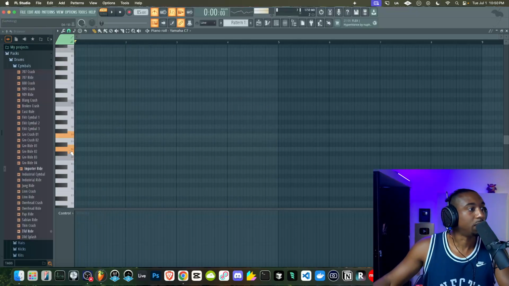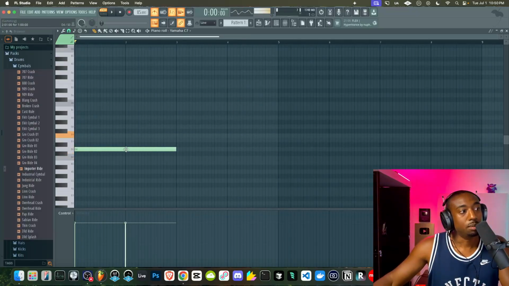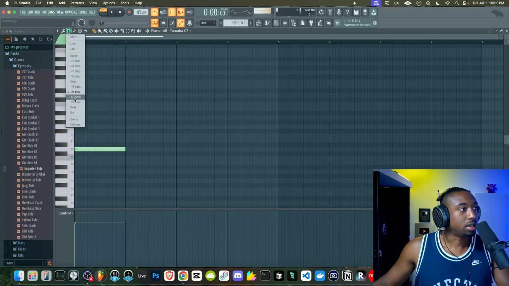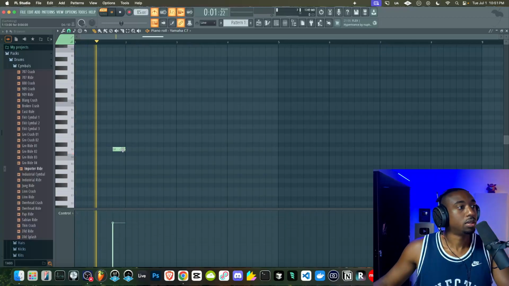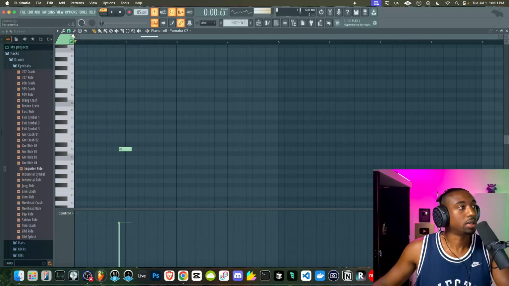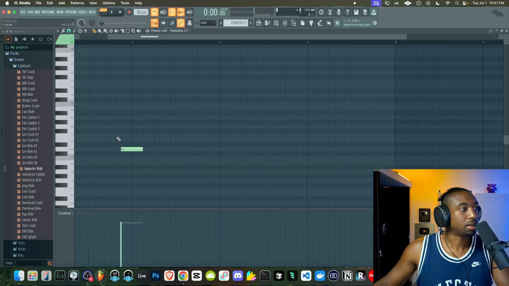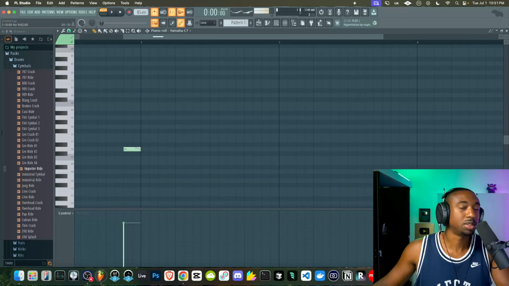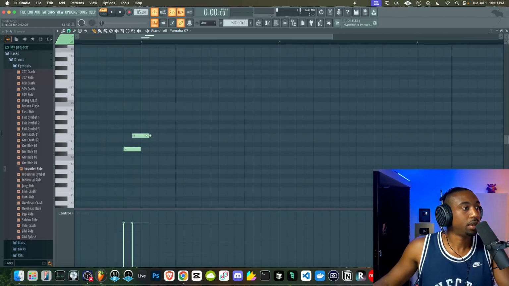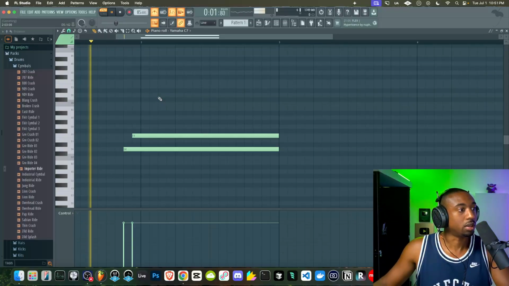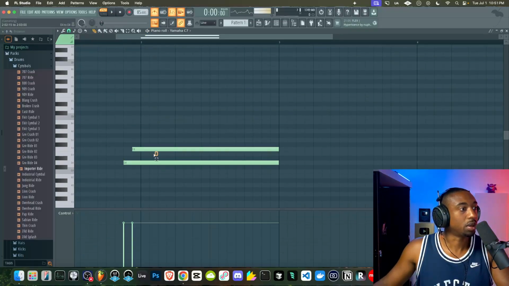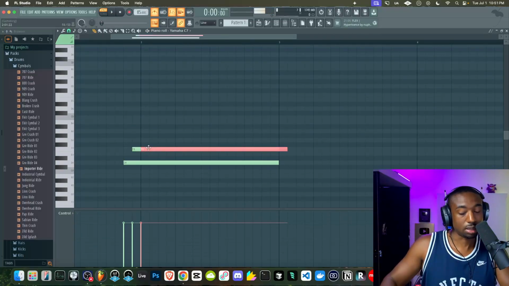Somewhere around 85 BPM. Now notice the melody starts before the downbeat, so let's change our snap to grid to 1/2 beat. And we're going to let it go in. Okay, so let's change our snap to grid to 1/4 beat. Let's zoom in a little bit. Now I'm just drawing it so you guys can see. Okay, so we're going to elongate these notes. That's what creates what's called the sustain sound on piano. And then what we're going to do is take this note, go up an octave,